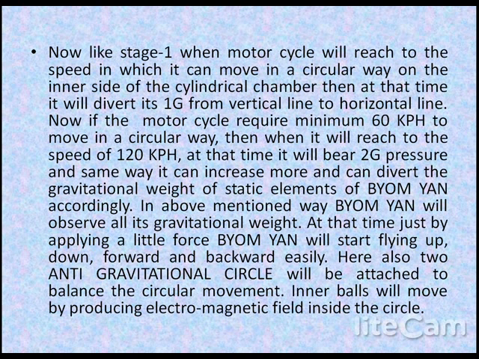Now, like stage 1, when the motorcycle reaches the speed at which it can move in a circular way on the inner side of the cylindrical chamber, at that time it will divert its 1g from the vertical line to the horizontal line. Now, if the motorcycle requires a minimum of 60 km per hour to move in a circular way, then when it reaches the speed of 120 km per hour, at that time it will bear 2g pressure,